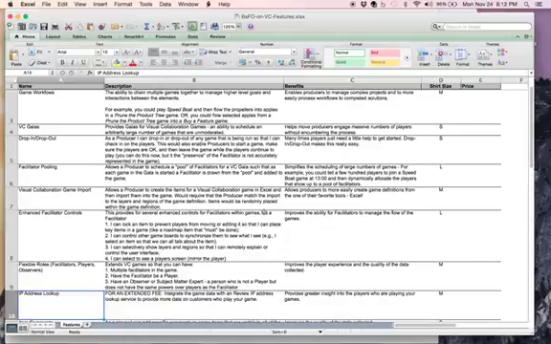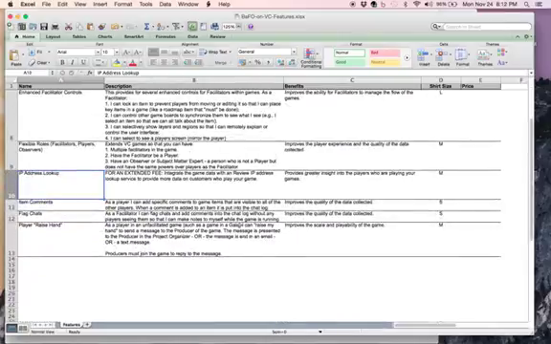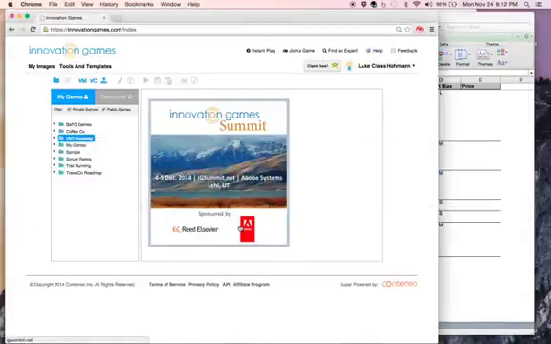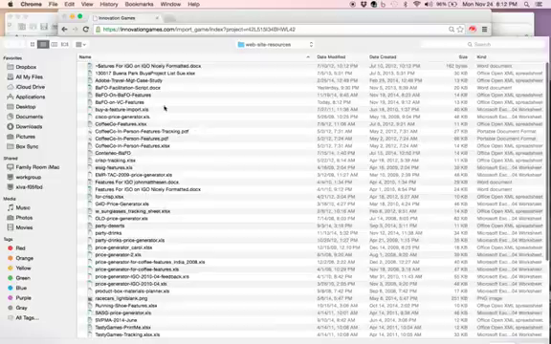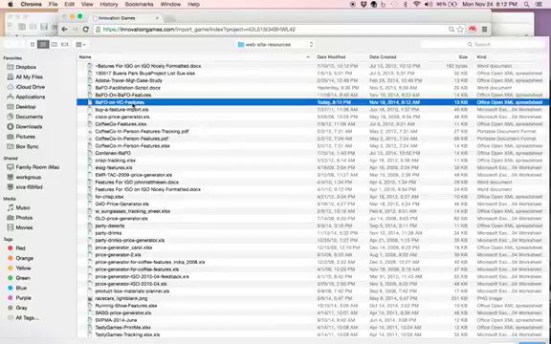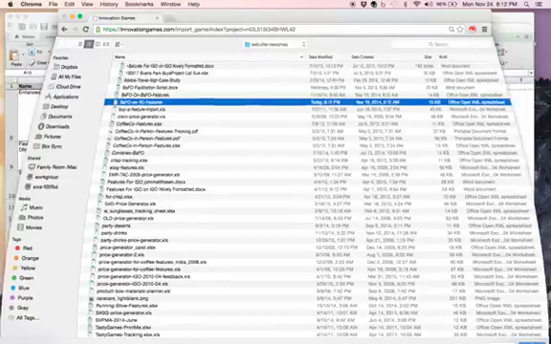I'll point out that it's important in the game that you provide both a description and an overview of the benefits of these items. So I've got a good number of items. The game works best when you've got about 12 to 20 items, and in this case I've got exactly 12. So I go back over to Innovation Games. I click on the import game definition button, and it says, give me a file to import, and I go ahead and choose my file, the Buy a Feature on visual collaboration features,